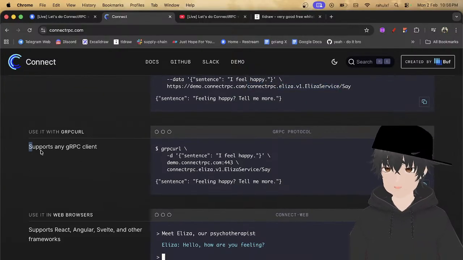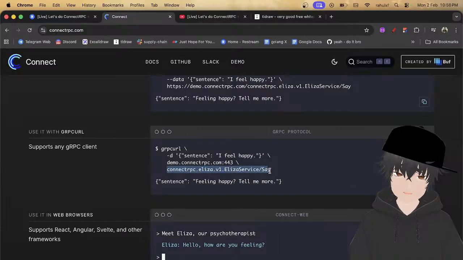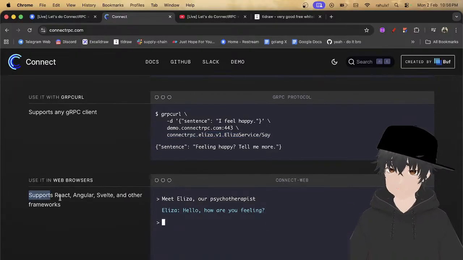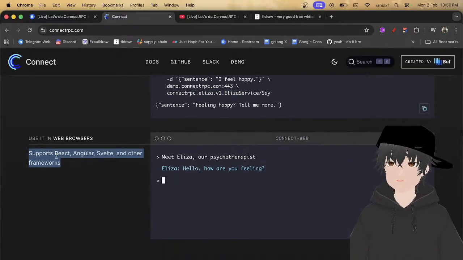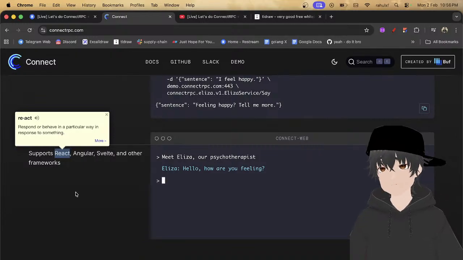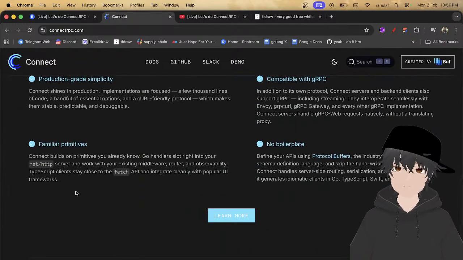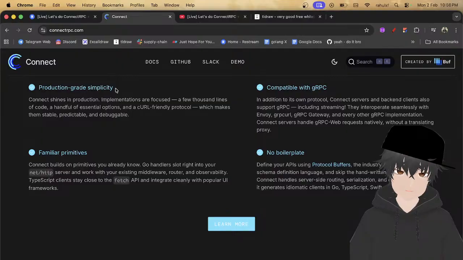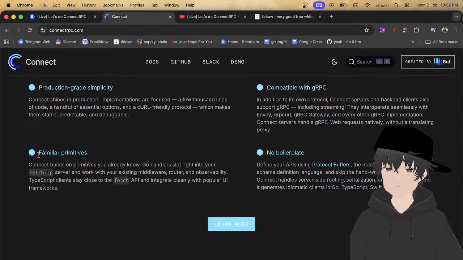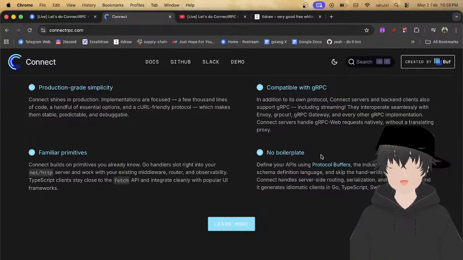And you can also do gRPC, and it also supports web browsers, React, Angular, Servlet, like that. Some of the more things: production grade, simplicity, compatible with gRPC, familiar primitives, no boilerplate.